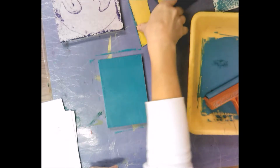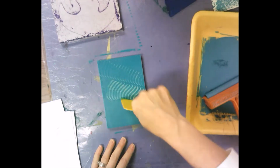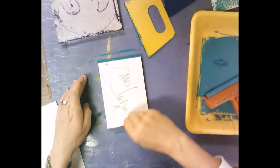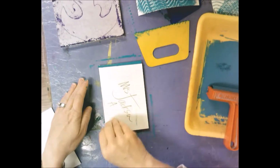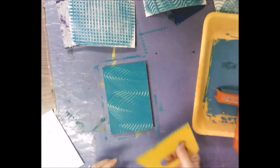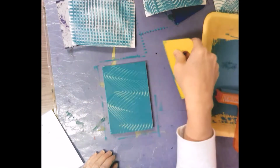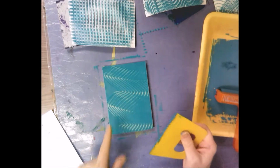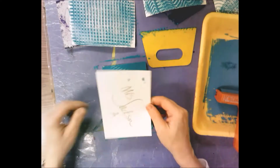Go back, and this time I could do solid, or I can add a different pattern. So I'm going to add some wavy lines. Set that aside. Pull that up. I find that with these scrapers you have to go one direction. You can't go this direction and then back, because it doesn't want to scrape some of that ink off of there. And then you're going to take your last fourth paper,